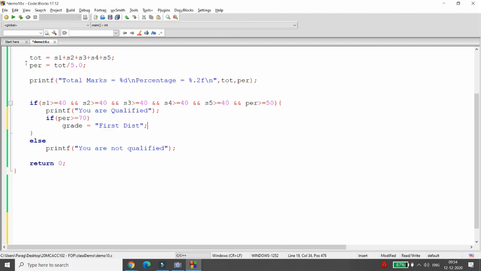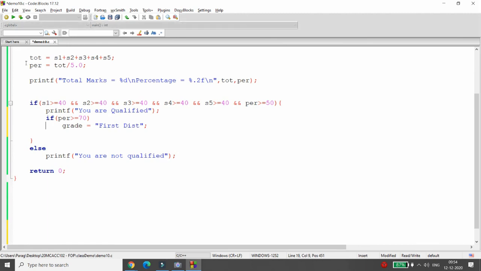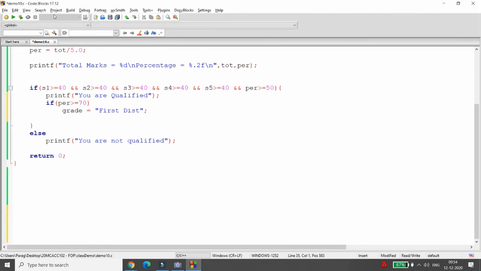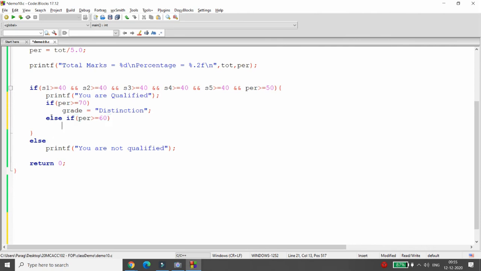But students, you all know, if the percentage is not greater than 70, then you can use the if-else-if ladder over here. If the first condition is wrong, then check another one, else if percentage is greater than or equal to 60. This is a distinction. So I'm just simply writing distinction. If percentage is greater than or equal to 60, simply focus over here.